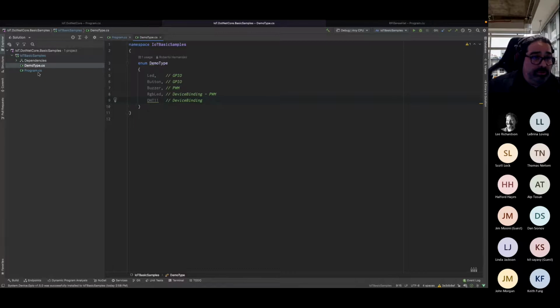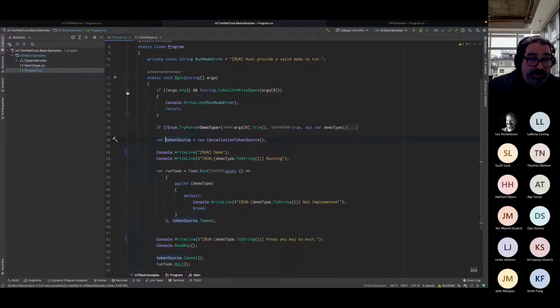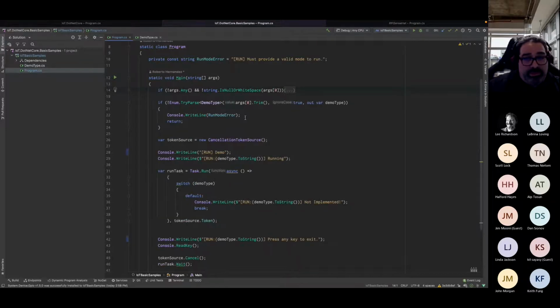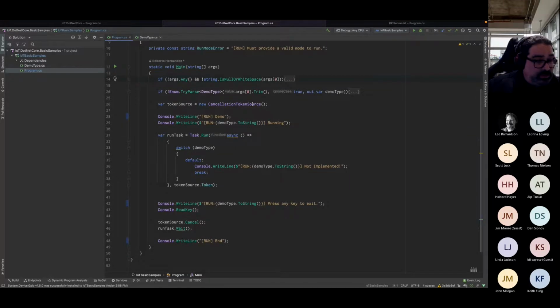But what I'm basically going to be doing is going into this main method when this console application is run, checking if an argument is provided. If an argument is not provided, raise an error and return out. If the argument that was passed cannot be converted to a value in that demo type, then raise an error and stop execution again. If I have a valid demo type that I can execute, then I basically go into this process, which is I get a cancellation token source, which I'm going to be passing down to the components I'm going to be building, and I run those components.